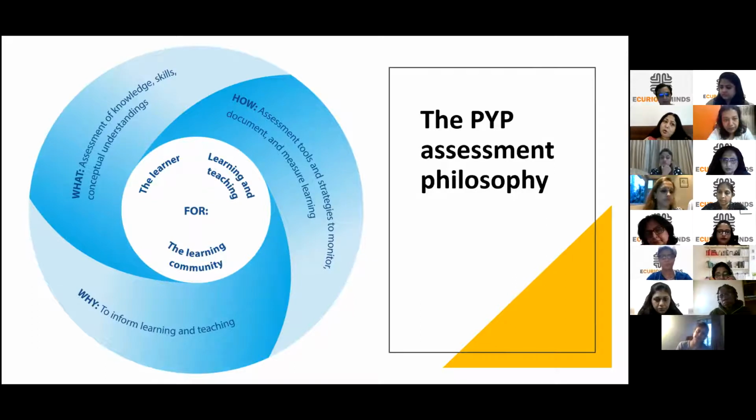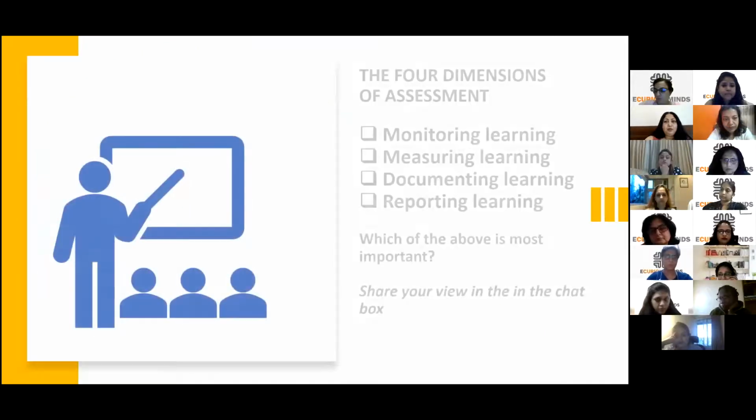We already saw what it is that we assess. How do we assess it? Through assessment tools and strategies. We are going to look at those, and why we know that it is to inform the teaching and learning. So this is a snapshot of what the PYP assessment policy philosophy is. Moving further,